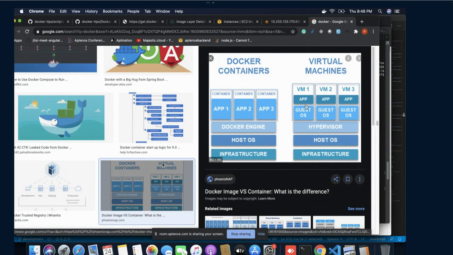But in the case of a virtual machine, application 1, application 2, application 3 will be dependent upon the guest OS. The best example of a virtual machine is an EC2 instance. If you are using an EC2 instance, technically they are virtual machines. Once you have the EC2 instance with the host OS, if you want to install different Docker containers on top of it, this kind of combination is called a Docker container.